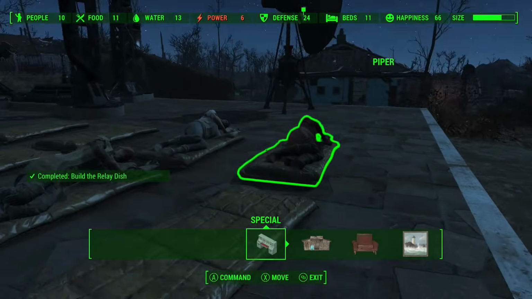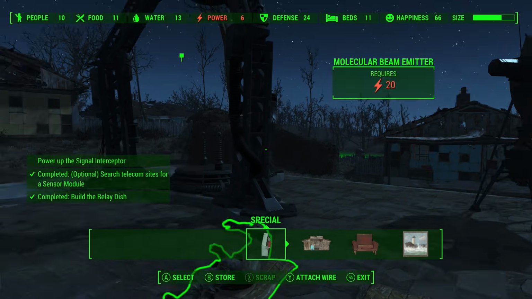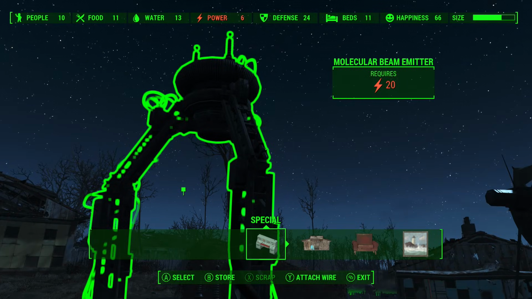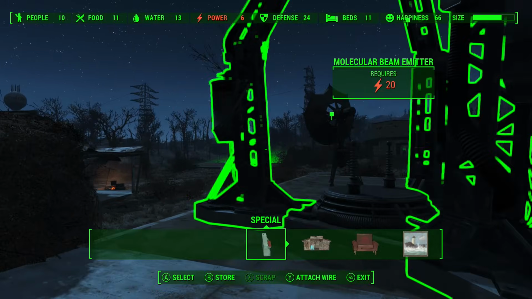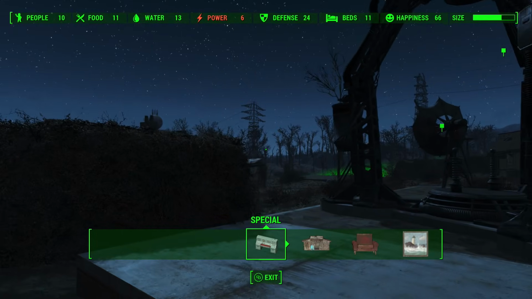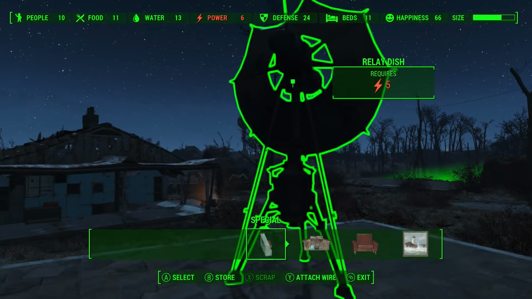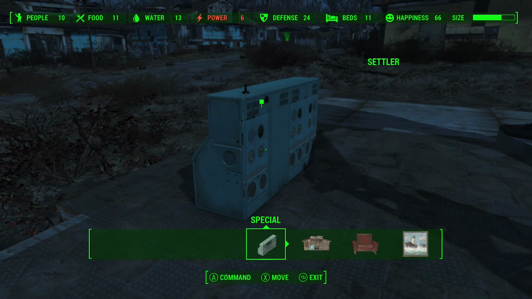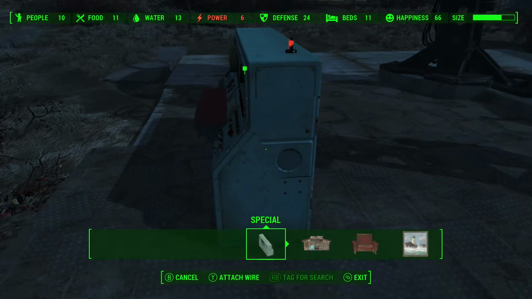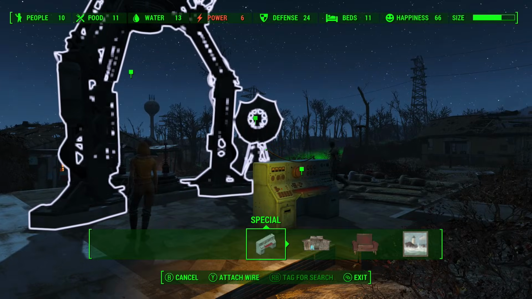So, there it goes. So we've now built all of that stuff. It says I completed optional search telecom site for a thing, but I don't think I have. But alright, next thing, I need to power this old girl. So this old girl requires 20 power, and this old girl requires 5, and this requires another... What is it? Hang on. Let me through. And this thing doesn't say, so I've just got to find 25 power from...